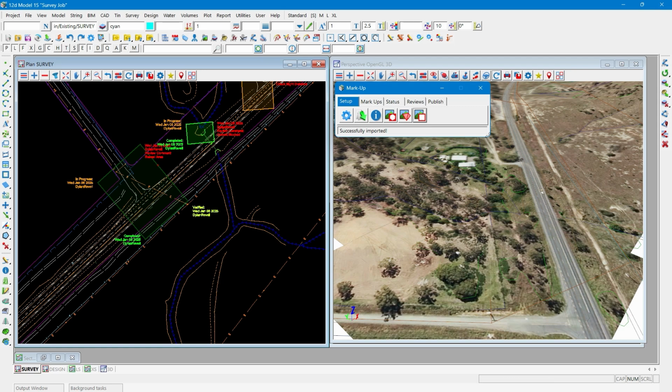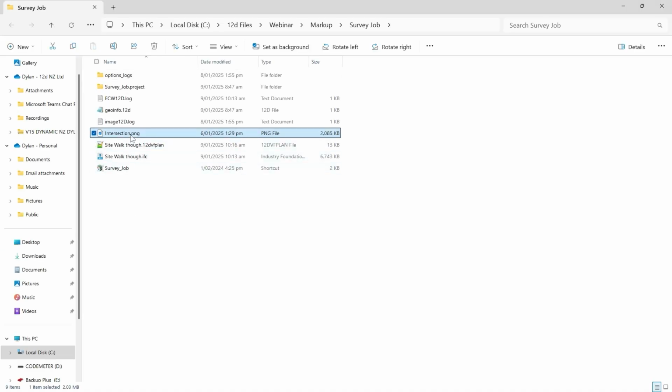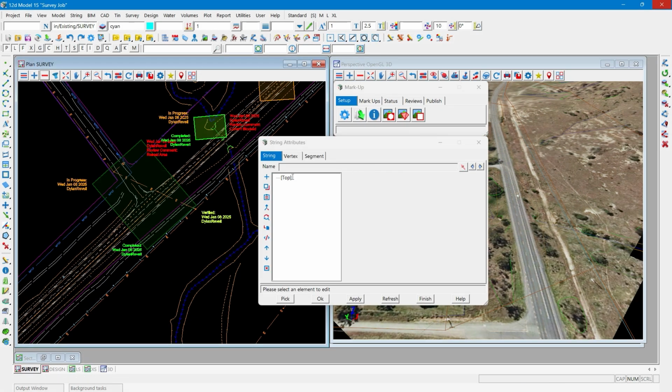So I'm just going to pop into my file explorer that I have for this project itself, and I have what we'd call a site photo there. And I'd like to add that site photo along with my review, so I'm just going to right click on that file, comes up, and go copy as path. And then if I head back into 12D and just edit the attributes of this one here,